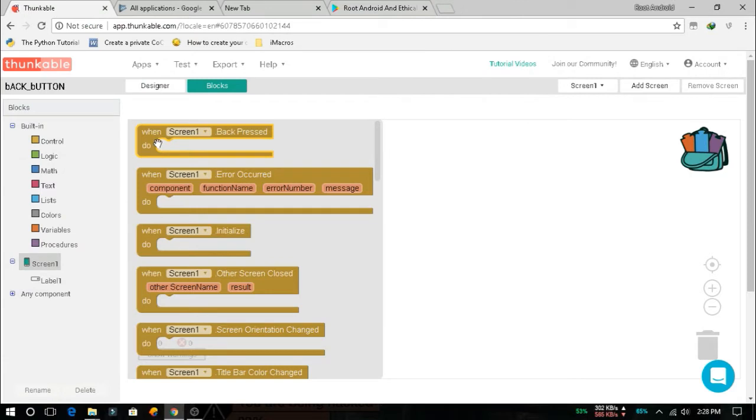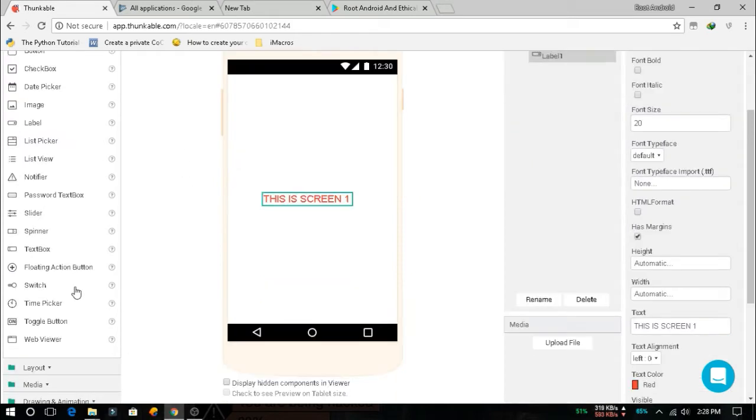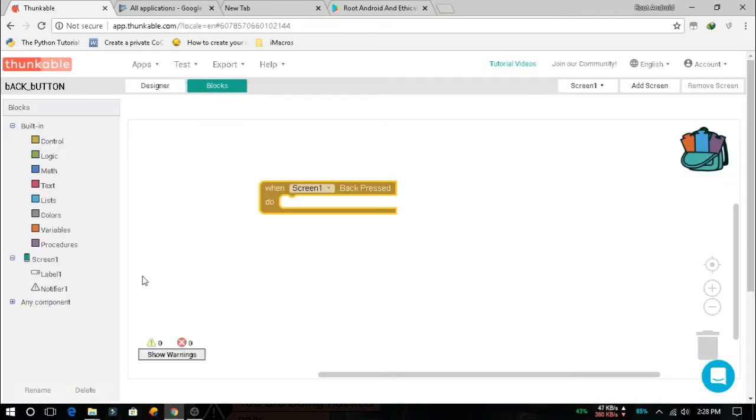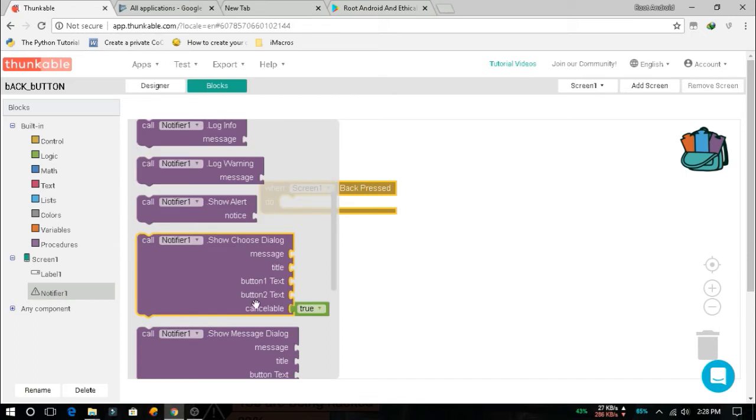In screen 1, select when back button is pressed. What you need to do when back button is pressed, for that you need to add a notifier. This is an invisible component, so when back button is pressed it will show a notifier